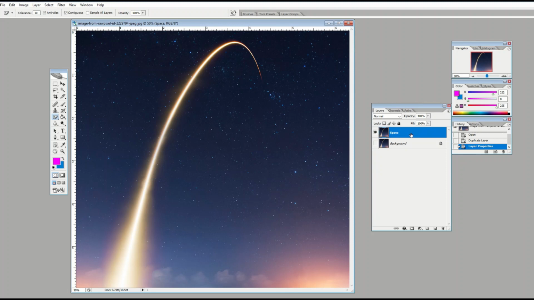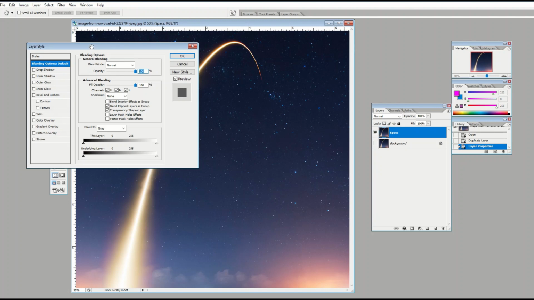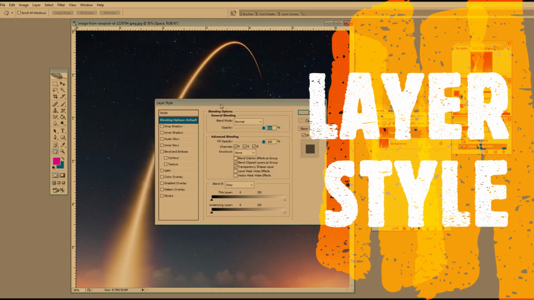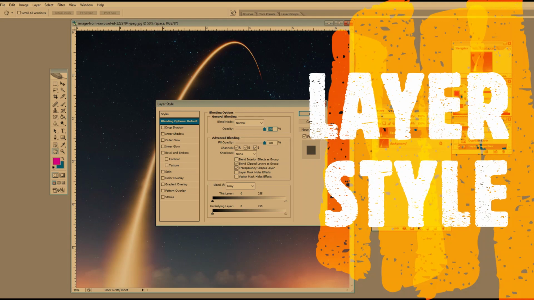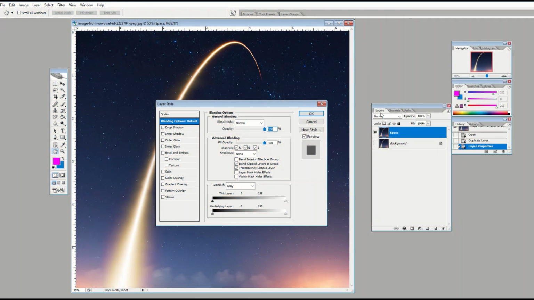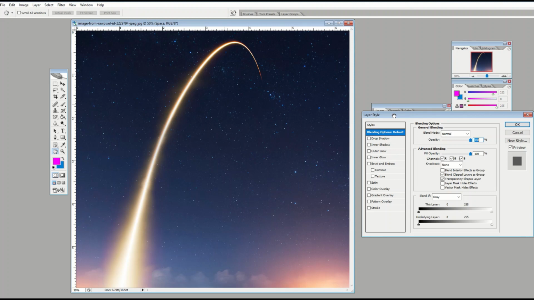But if you double click the layer, along the right, not where the text is, it actually opens up this layer style panel. I'm just going to move it over here to the right. What you can do with this panel is go in at the bottom, where it says this layer and blend if gray. There's a little black slider and a little white slider. And when I move the white slider along to the left,